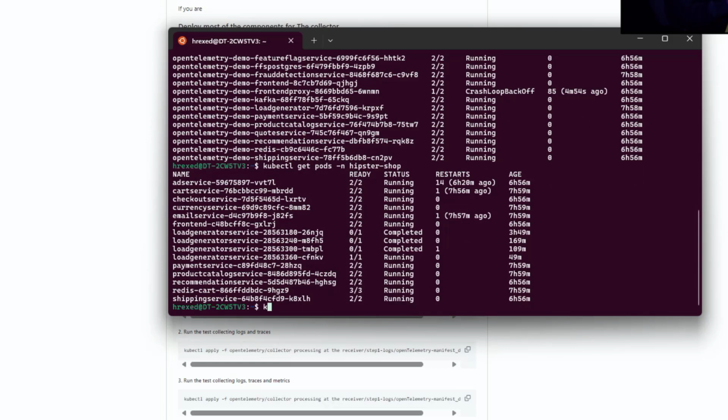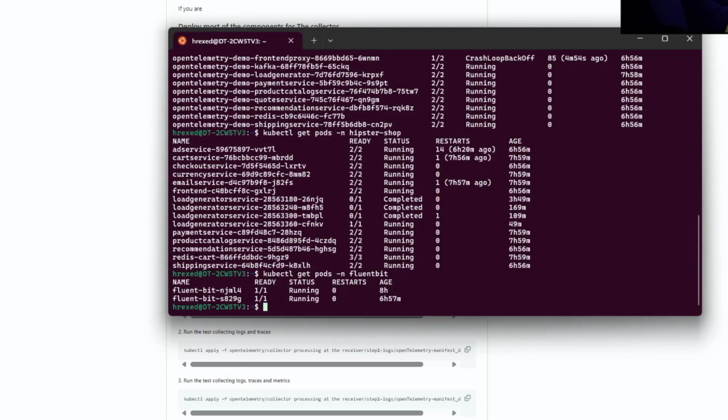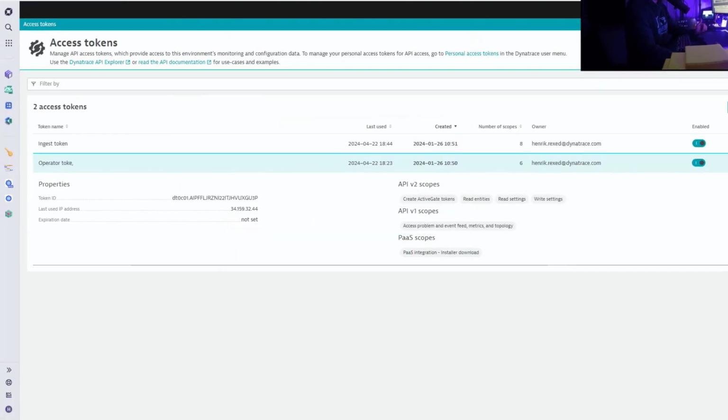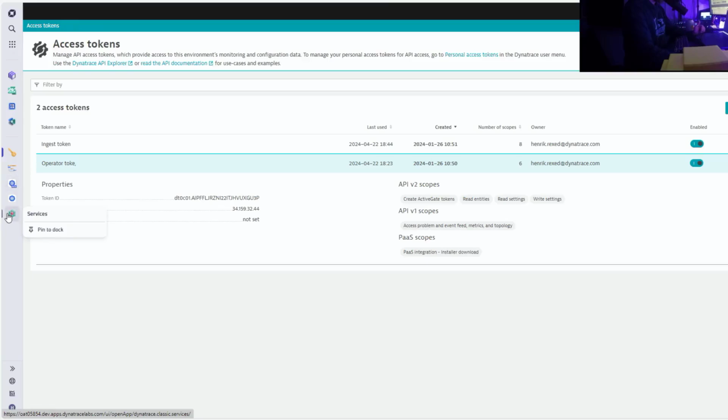The other thing we can see is that we have two instances of Fluentbit, because Fluentbit here is collecting logs, and the rest as well. But because we're collecting logs, we are deploying it as a daemon set to be able to read all the logs from the cluster. So if you go back to Dynatrace, if you want to see that everything is running smoothly,